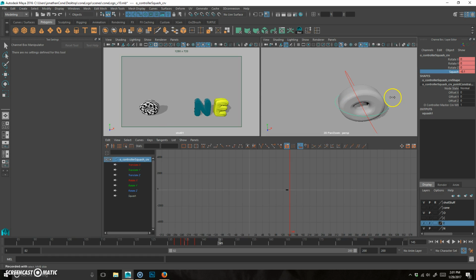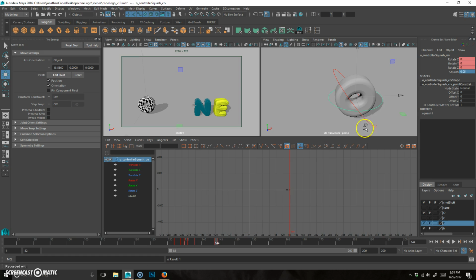Take this and we'll do minus 0.1. I'm going to go one frame before, and we'll do 0.05, which we'll do 0.1. That's fine. And I'm going to go one after and also do a stretch of 0.1. And then I'm going to go 2 before and type in 0, and 2 after and type in 0. So basically, it'll be a squash,